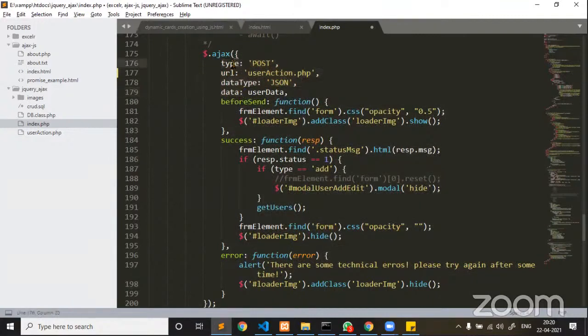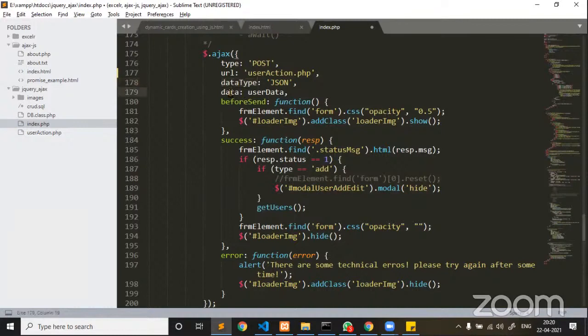Now this type defines what sort of method you are placing. URL is the one to which you are sending a request from the client side to the server side. Data type defines what sort of data you are passing from client side to server, and how you are expecting a response from the server, whether it is a JSON response, HTML response or text response, that can be taken care of here.